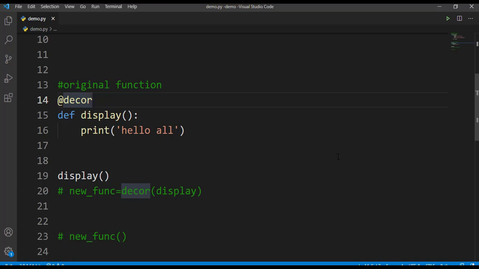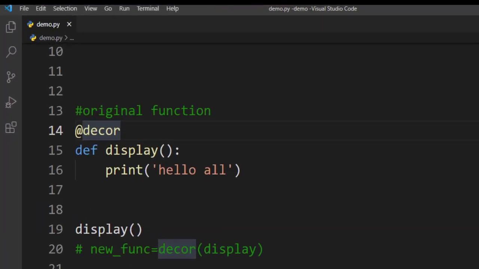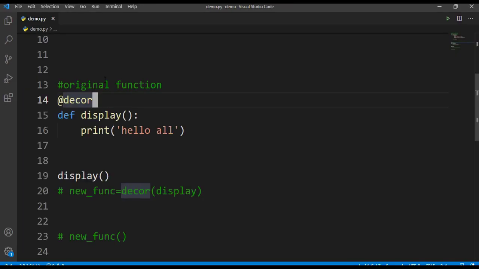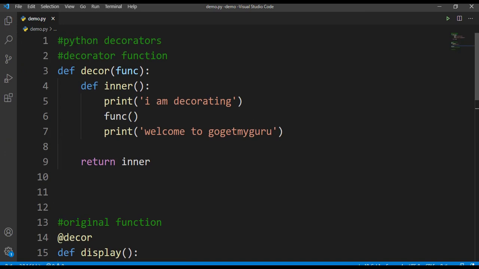Now, by using this also, your output should be the same as what we have seen previously. So, let's run this. Here you can observe that we have got the same output using pie syntax. So this is a shorthand approach to make use of your decorator function. I hope you are clear with this decorator function and what is the syntax for this decorator function and what exactly is the use of this decorator function.